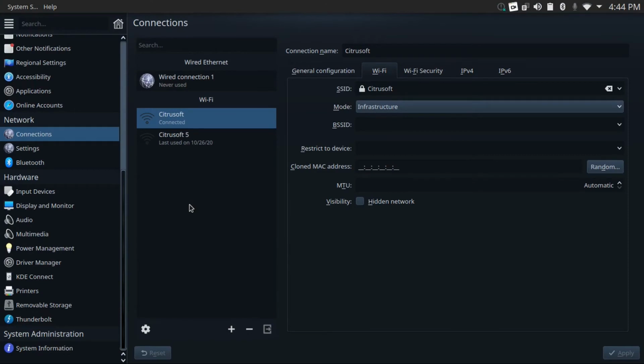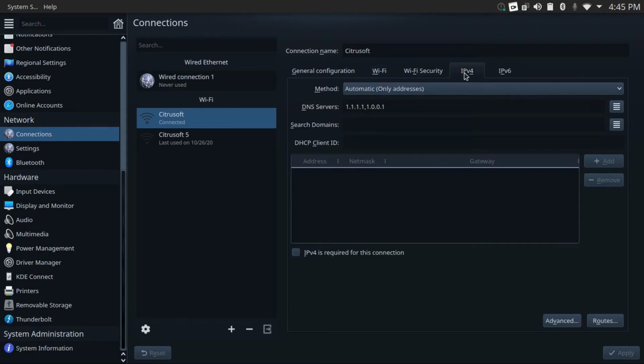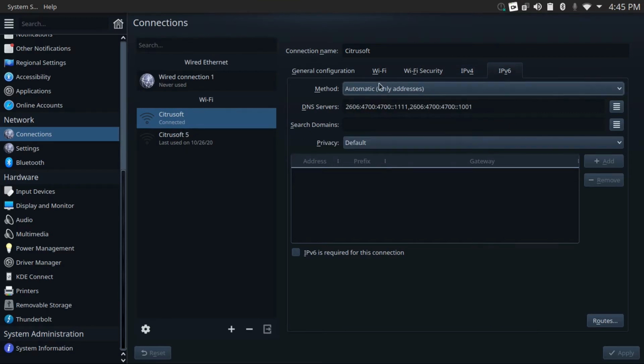Alright, then to configure Cloudflare DNS on Linux, you're going to want to go to your network settings, which I have open here, then go to the IPv4 tab, and then set the method to automatic, only addresses, and then set DNS servers to 1.1.1.1 for the primary address, and 1.0.0.1 for the secondary address, and separate both these addresses by commas. And then you're going to want to go to the IPv6 tab, change the method to automatic, only addresses again, and then set the DNS servers to